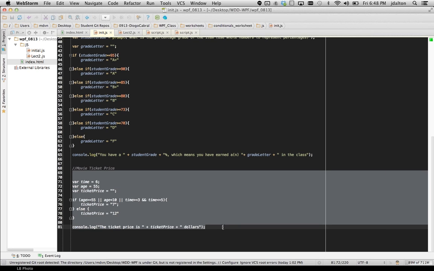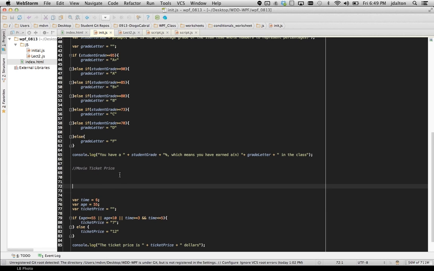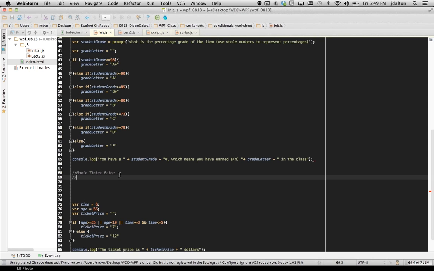So movie ticket prices. Okay, so this is actually the best one. This is the anomaly of the and/or. What we have here is a set of rules, and this one I'm basically doing from memory. So what are the conditions? I believe, and please anyone here correct me if I'm wrong, the conditions are if it is